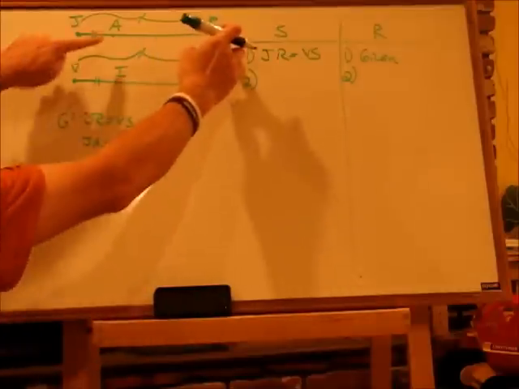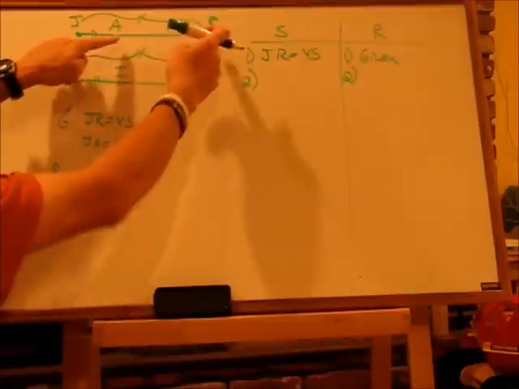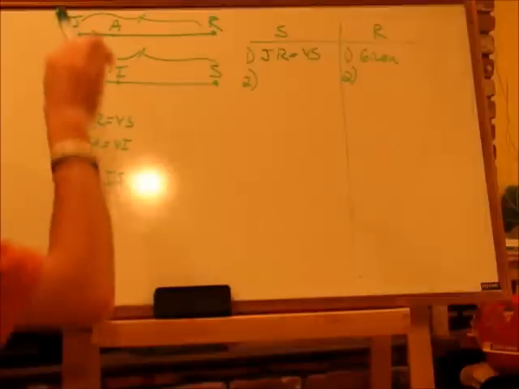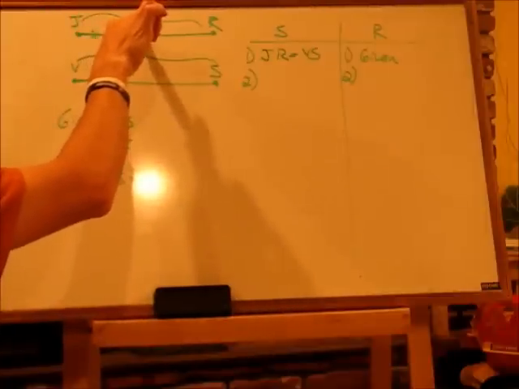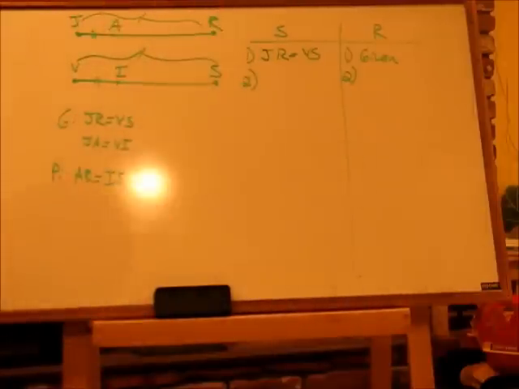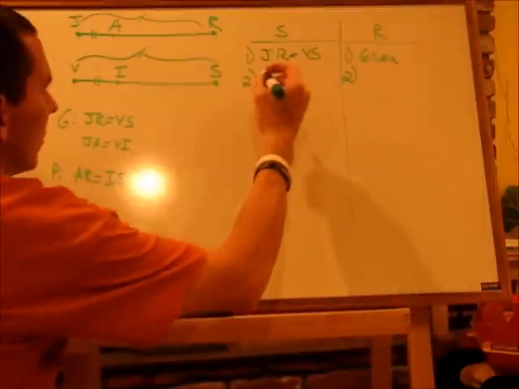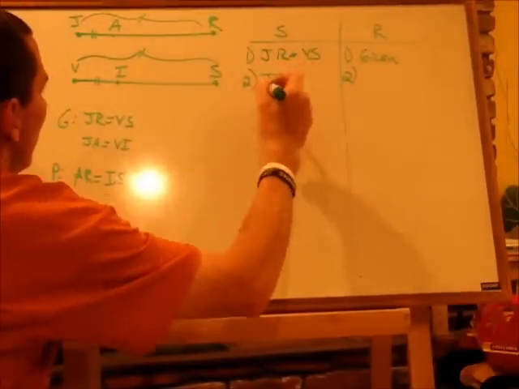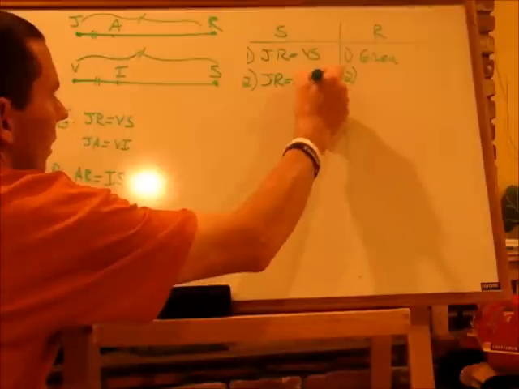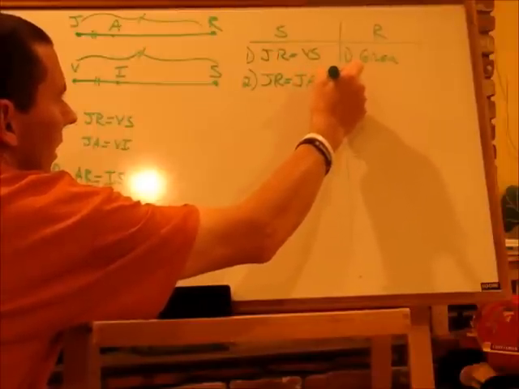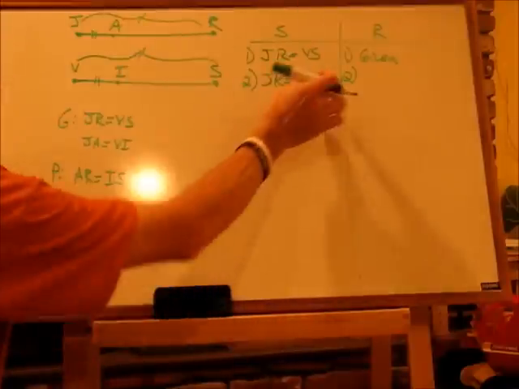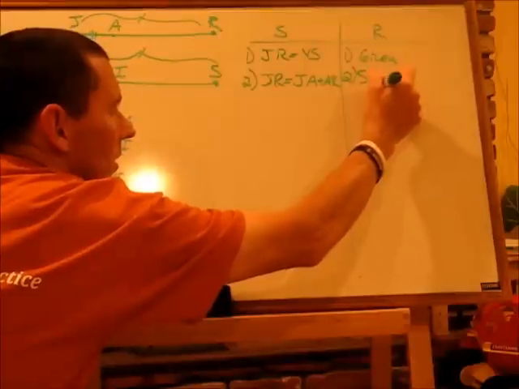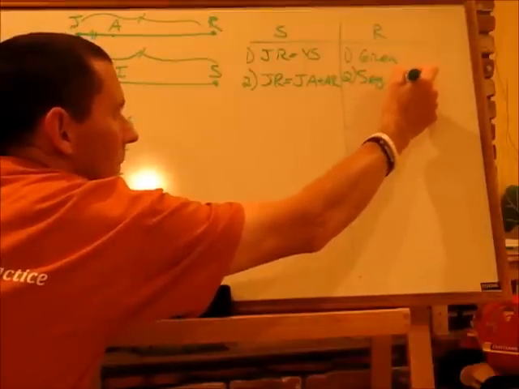So if I look at segment JR, what kind of equation can I get AR involved in? And this again goes back to the segment addition postulate. If I add these two pieces together, I should get the whole piece. So when we look at that, I'm just simply going to say JR equals JA plus AR. Again, what lets me add two pieces together to get the whole thing? Segment addition